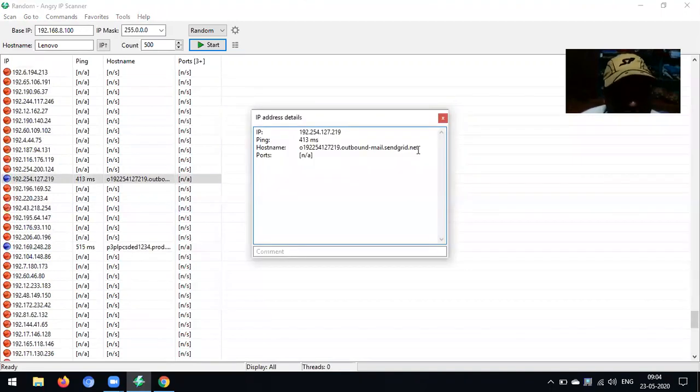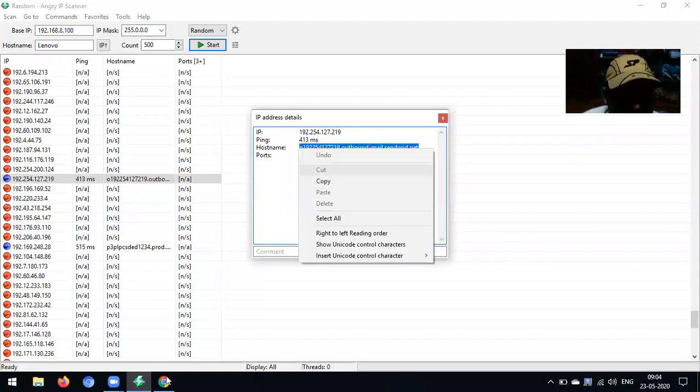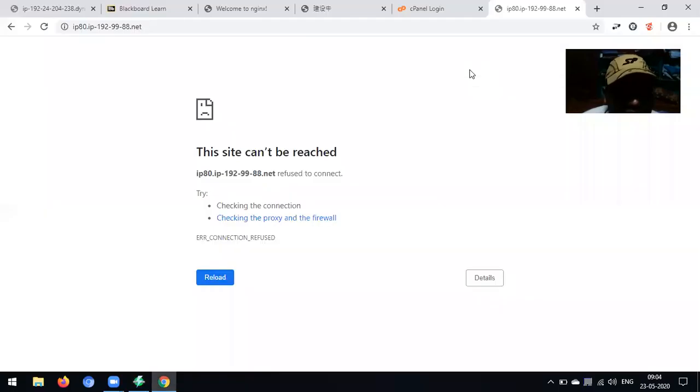Okay, this is some outbound mail IP. Sometimes we will get an IP camera. Sometimes we get the cPanel. It will be randomly generated, and we can get a lot of things using Angry IP scanner. Actually, hackers are using just like this.